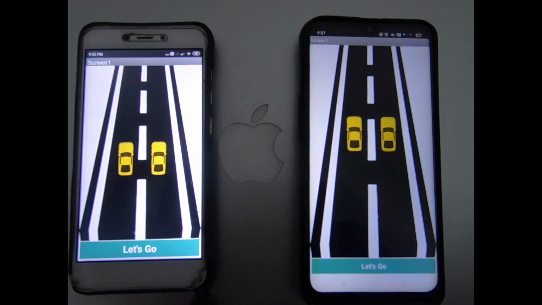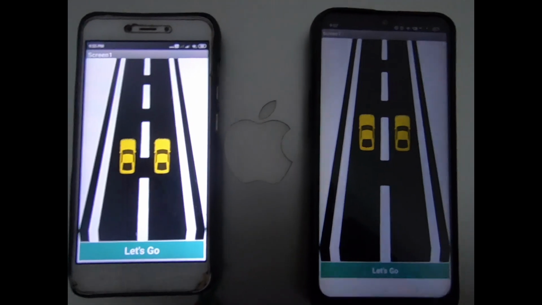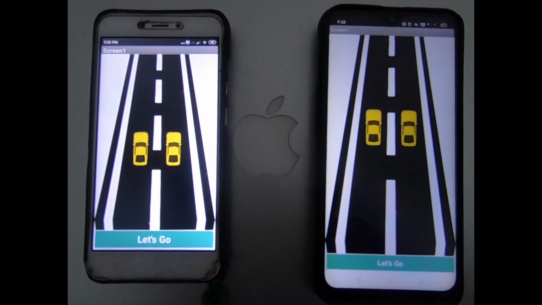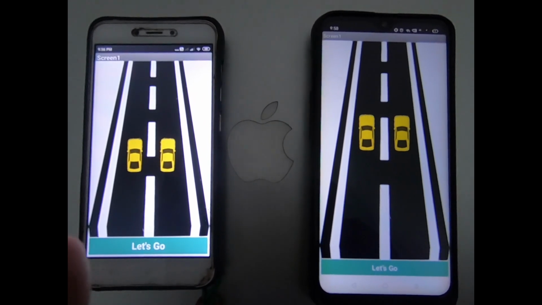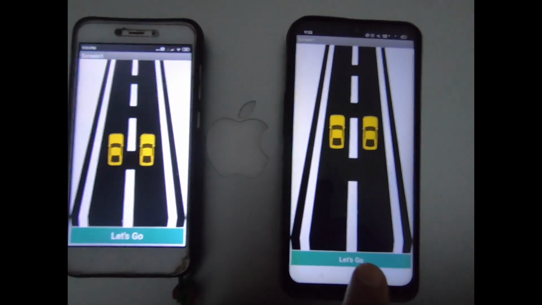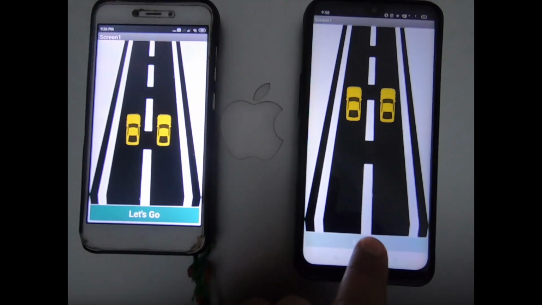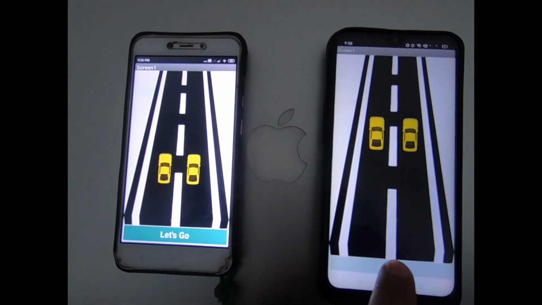Actually, this is not a fully multiplayer game. This is the concept of how we can create this type of game using MIT App Inventor, where you can control someone else's mobile or connect with someone else's mobile. So here you can see, let me just click on this button, this one mobile button, and click on it, and here you can see both are working properly and amazingly.